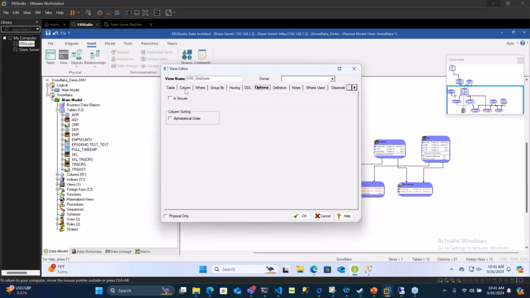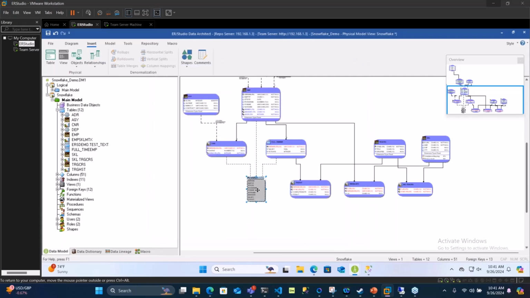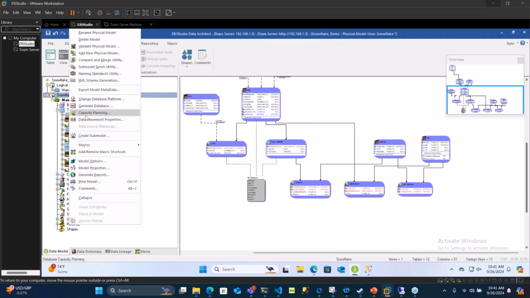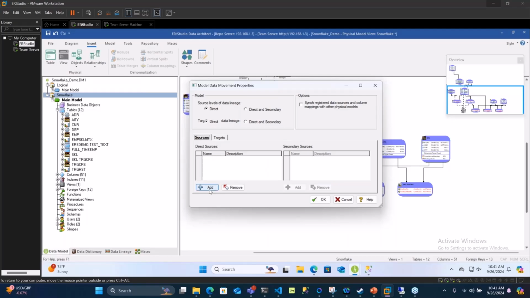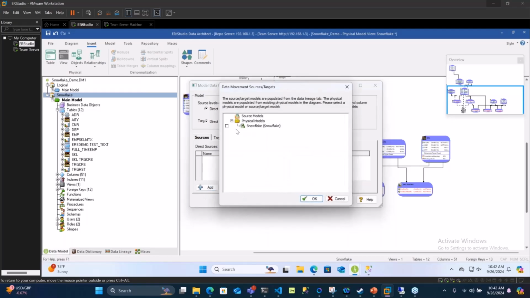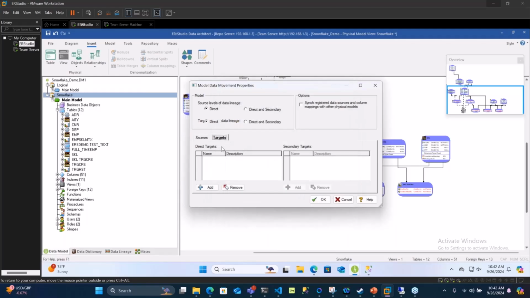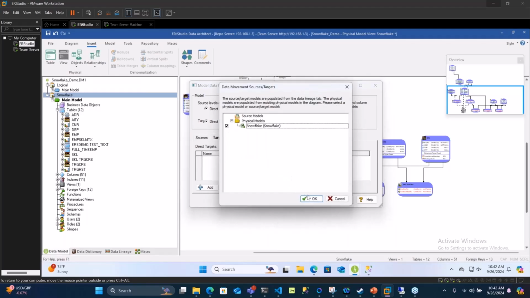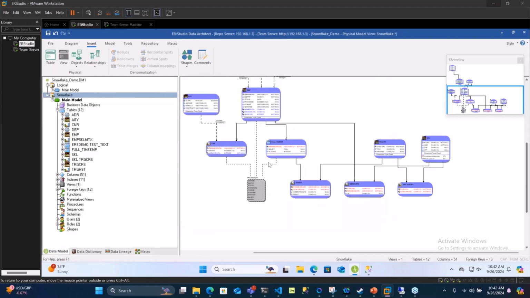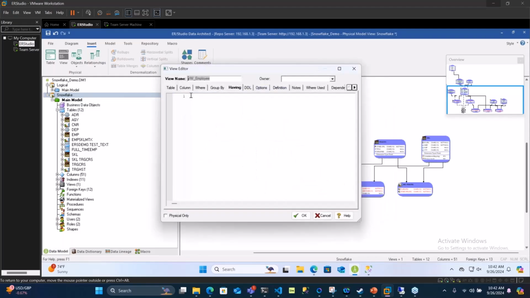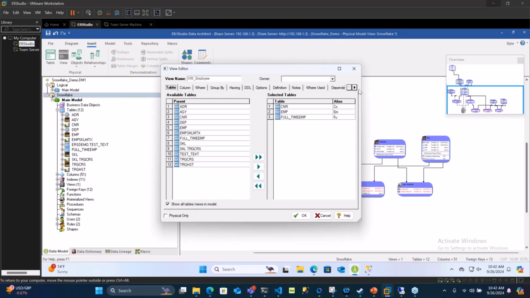Through the view definition, that's something I'll have to check and get back. But to answer this question with regard to the lineage standpoint, they can go into the data model in question, so Snowflake, then go into the data movement properties. Here, what you've defined in the data lineage, you can choose your source, and you can choose your target. And from here, you can directly go into the view, and I believe